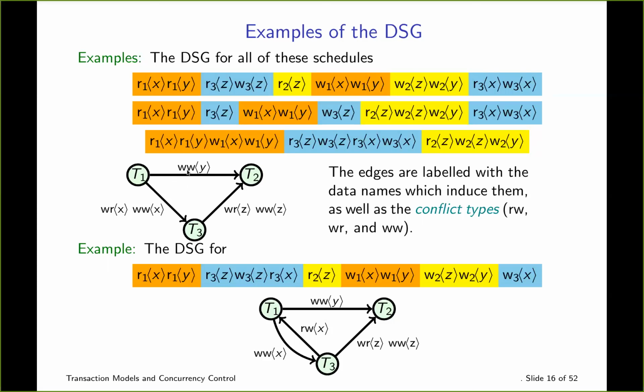And that's why we have this write conflict on Y that shows up here. All right. Likewise, we have a write-read on X. And why does that happen? Well, because we have a write of X for transaction 1. There it is. And then we have an immediate read of X in transaction 3. It looks like the next read of X happens in transaction 3. And so that's why this gets drawn. We have a write on X as well, and then we have a write